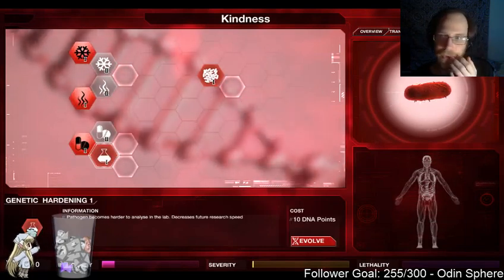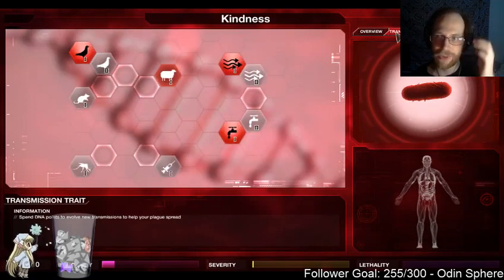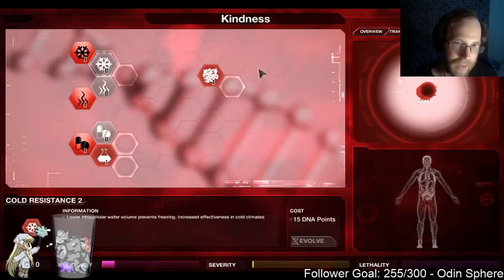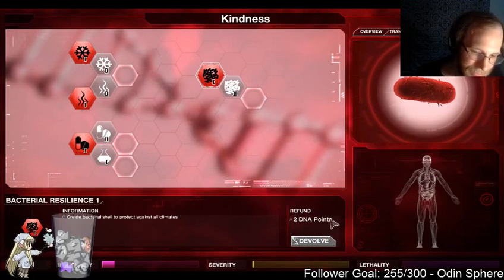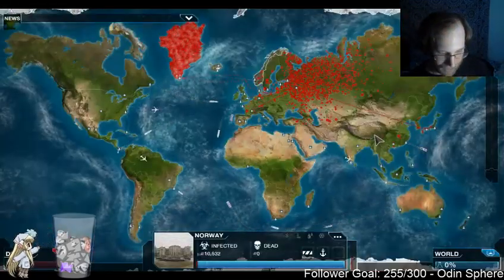Slow down research. I want to increase its ability to transmit is the only thing. I want to increase its resistances. I protect against all climates. That would probably be good, because no matter where it goes now, it's still